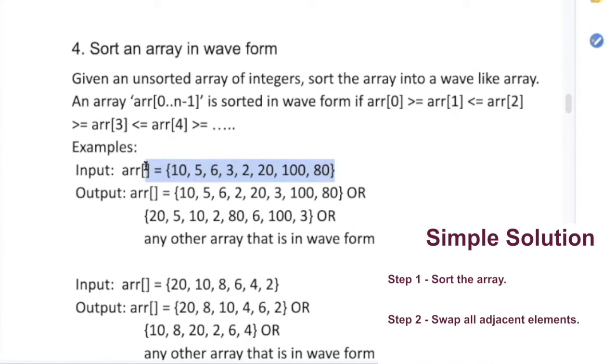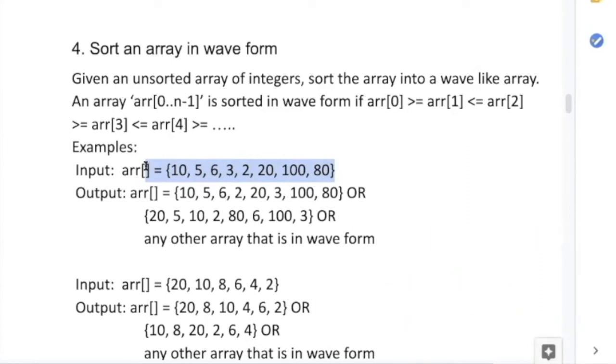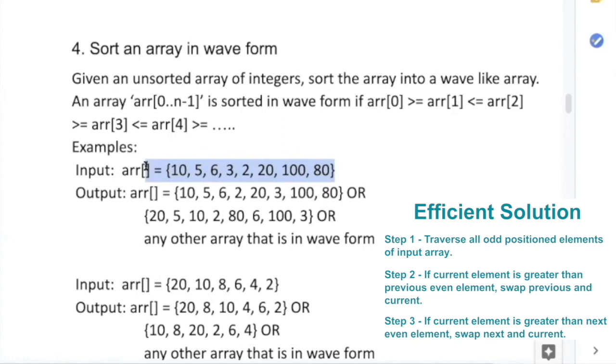Anybody who has solved this? The first approach which Jahir has told, I think it's very nice and that will work. But that will take n log n time. If we have to improve it further, what we can do is always try to move from left to right and always try to focus only on the odd positions. So my first odd position is 1. So I came at 5. Now I see 5 is already smaller than both its neighbors. It is smaller than 10, it is smaller than 6. I don't have to do anything. I jump to the second odd position element, which is 3.